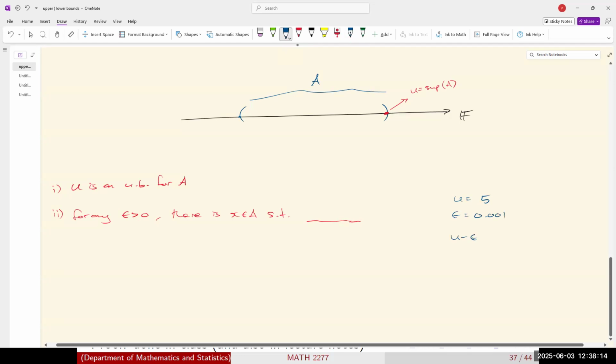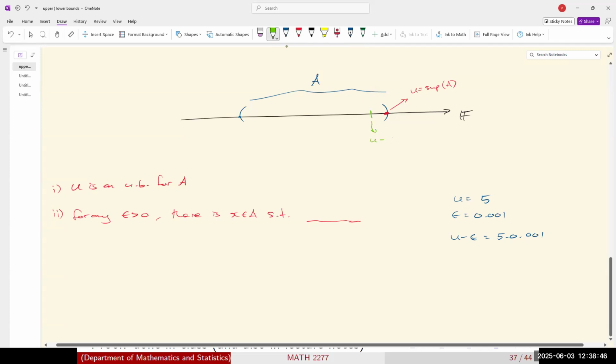Then U minus epsilon is 5 minus 0.001, right? So it's something a little bit less than 5. So the idea is if I take U and I subtract epsilon, I reduce U by a little bit, which side am I going to end up in? Am I going to end up on the left or on the right? I will end up on the left. Okay, so this point over here